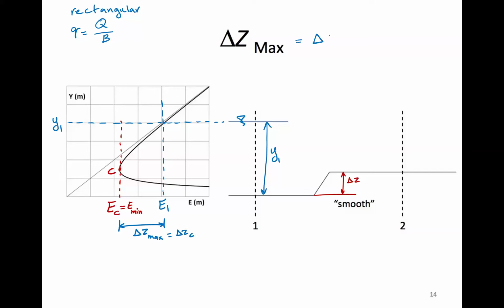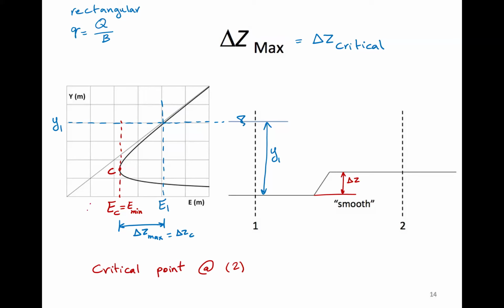I'm going to write it here too, delta Z critical. In other words, this is the maximum height of a step that you can put in a flow to get down to minimum specific energy. On the E-Y graph, it's obvious. We can't go past that point because there's no point to the left of the EC line. So what happens at point C or the critical point is that, at section 2, because that's where we are,